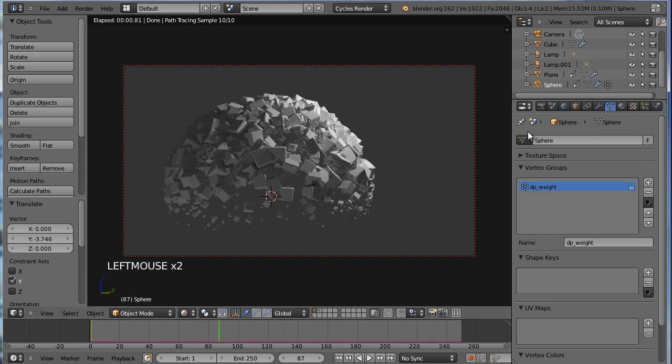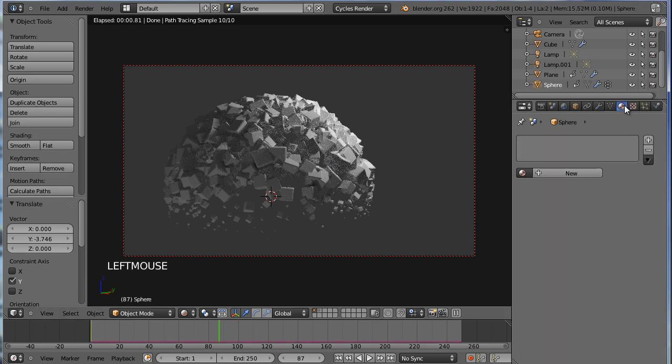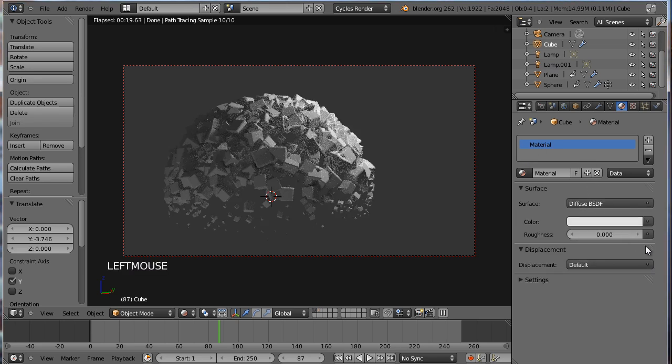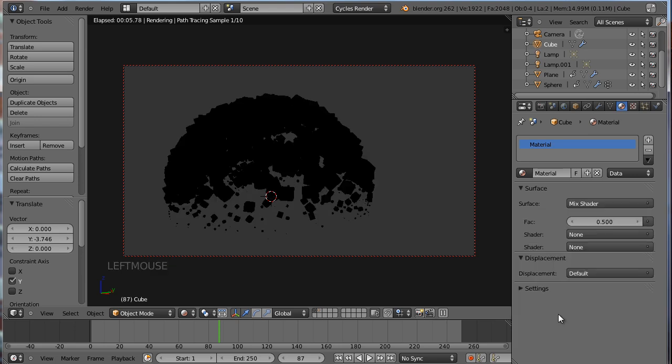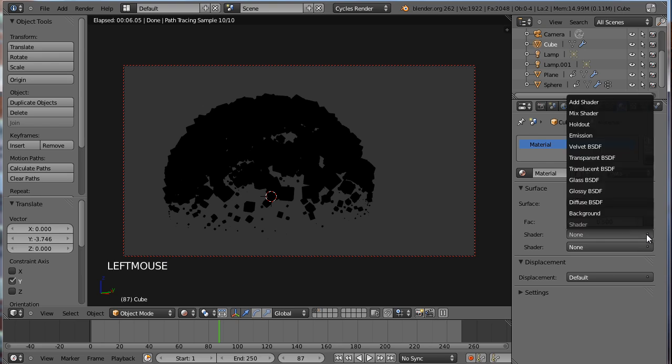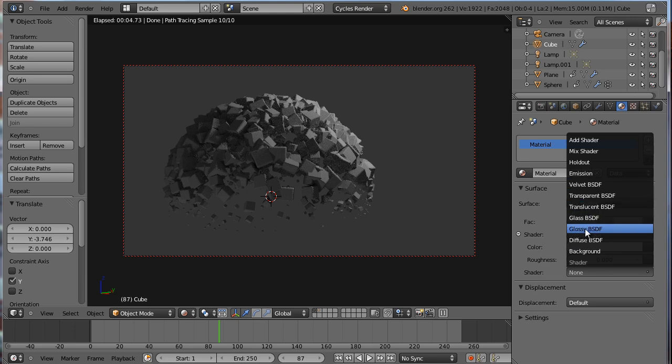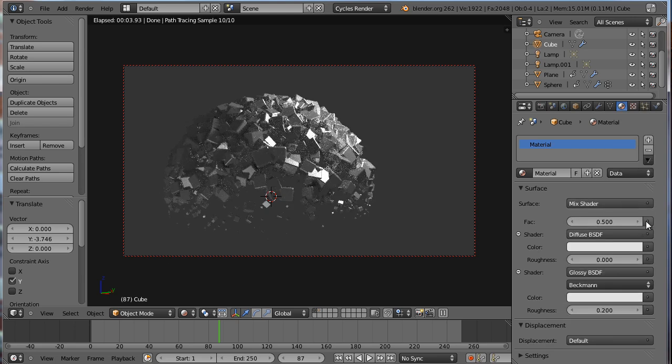Okay, go ahead and click on one of the cubes. That'll let us adjust the materials for that. I'm sorry, that actually selected the sphere, so let's select the cube in our object manager list here. It already has base material on it, so let's tell it to use the nodes. And in that video that I showed at the beginning, I was using a mix shader, and for the top shader here I was using a diffuse. For the bottom shader I was using a glossy, and for the FAC